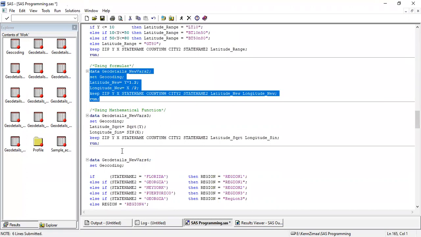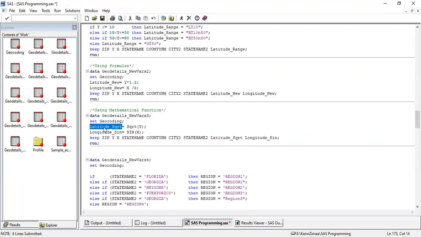Now we can use some intrinsic or inbuilt mathematical functions as well. So for example, for latitude, I want to calculate the square root of latitude. For longitude, I want to calculate the sine value. Okay. So you remember the sine, cos, tan that we studied in our geometry classes.